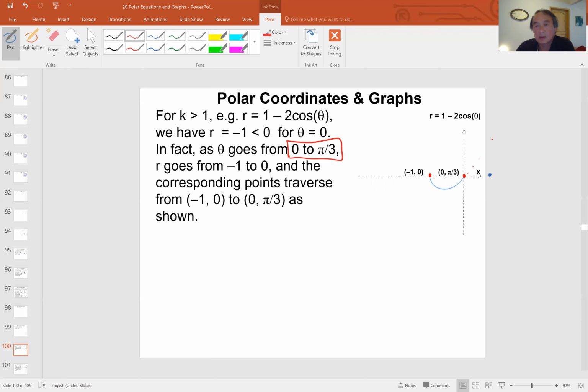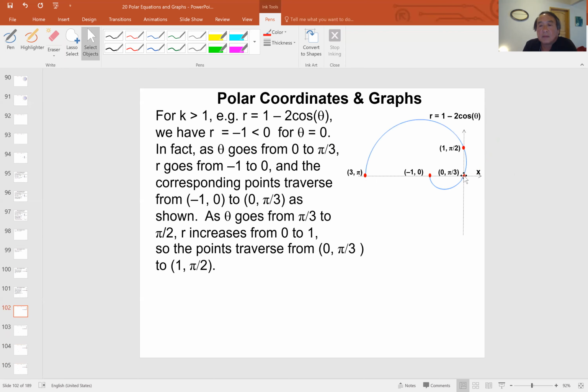That is, if you ignore the negative sign from 0 to pi/3, you will get this curve. But because everything is negative, you have to switch every point, flip it across into the third quadrant. That's why you get a little piece. Okay. And if you continue down from